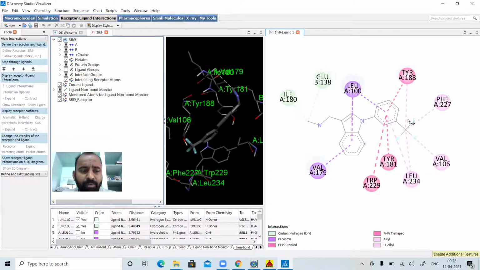So this is the fundamental information. The next thing is the validation of docking. You simply redock the co-crystal ligand onto the protein site and check the RMSD value between the existing ligand pose and the docked pose. This is the fundamental information you get in the validation of docking.